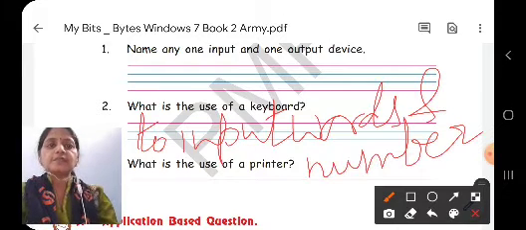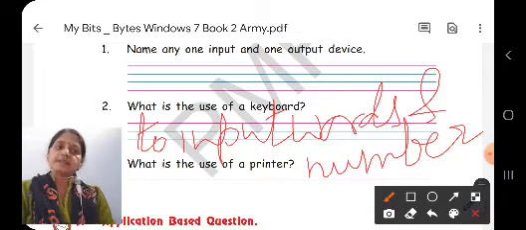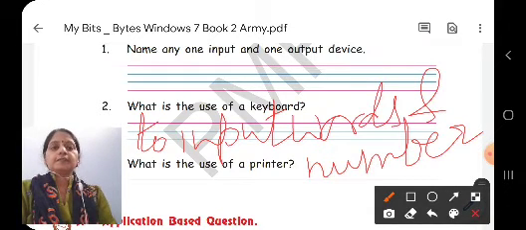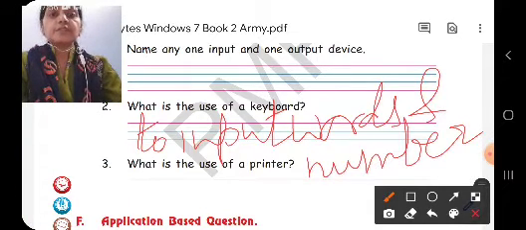So children, as we know, keyboard is an input device and it is used to input words and numbers. So here you will write the keyboard is used to input words and numbers. So this is question number 2. Now we'll do question number 3. Question number 3, children, we have, what is the use of printer?